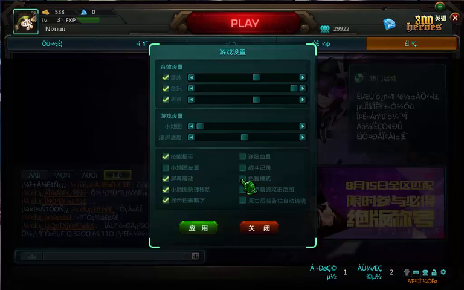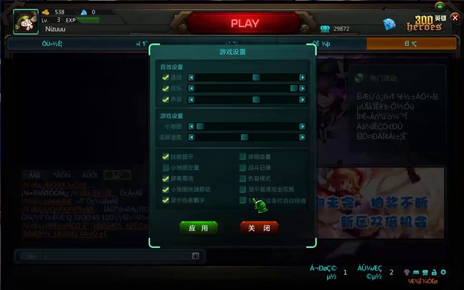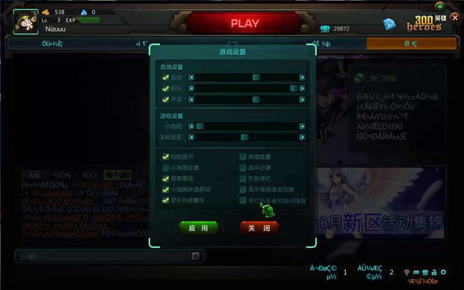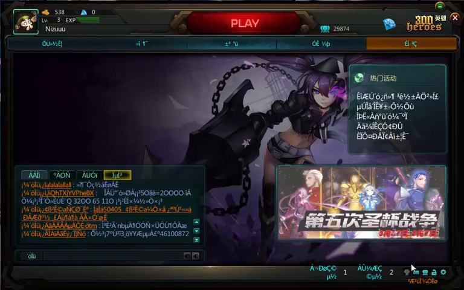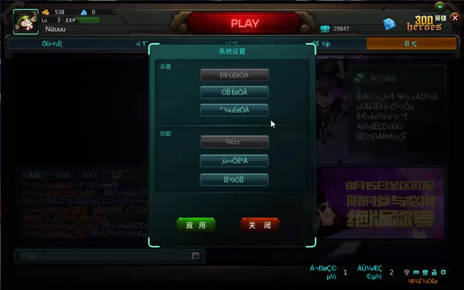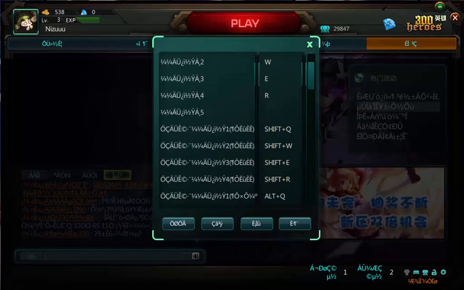Colorblind mode, show auto attack range is the next one, and the last one is for a different game mode, which is not needed in 7v7. So this one is done. So we just click that to save. Green is save, obviously. Then we get the third one, and this is all your